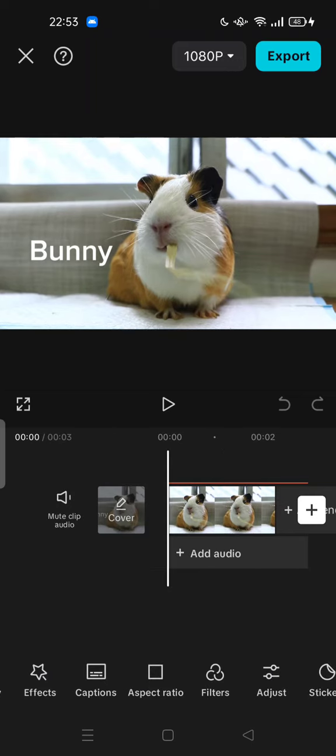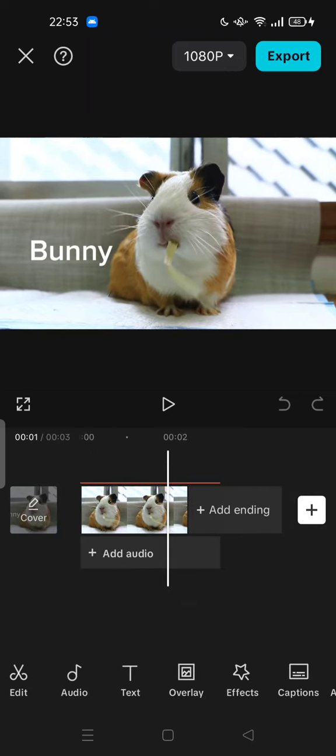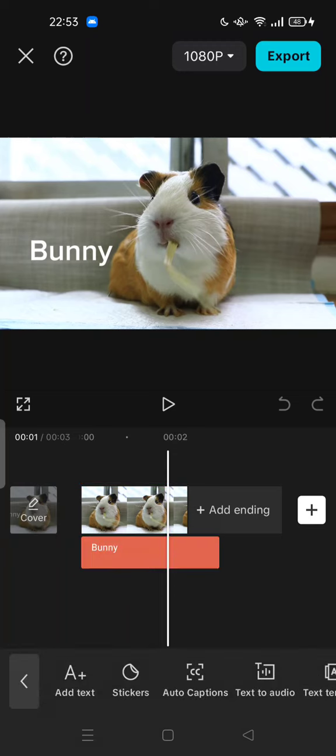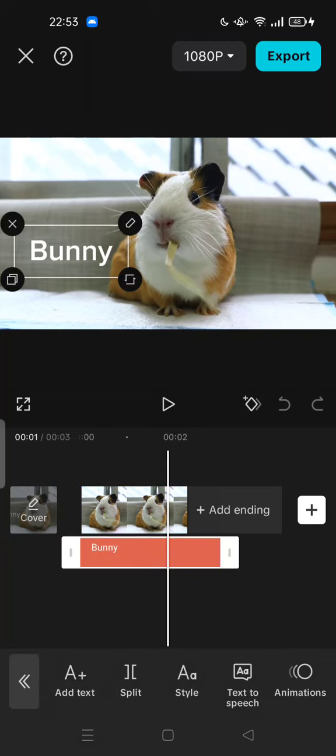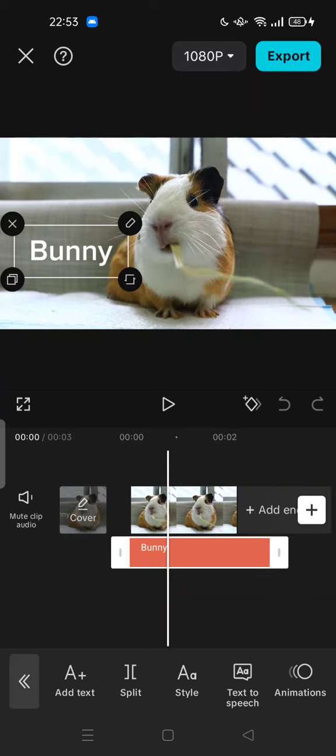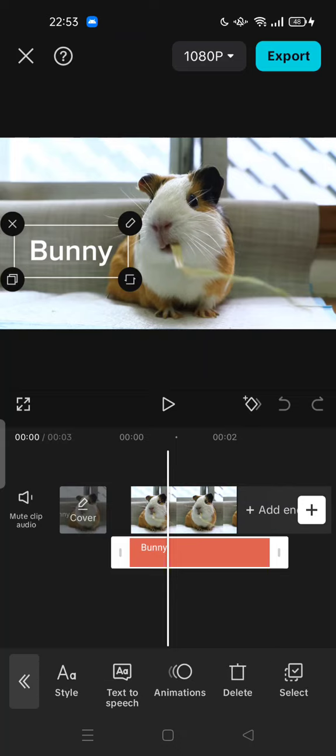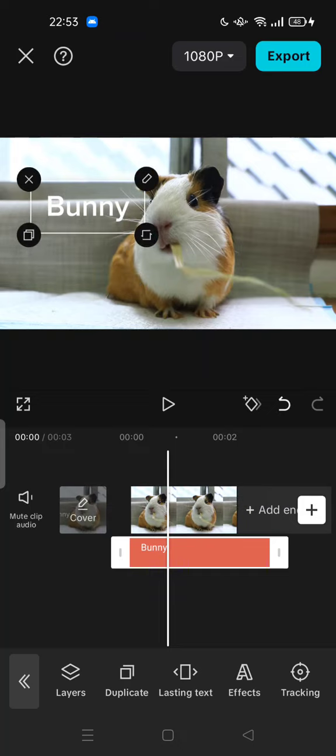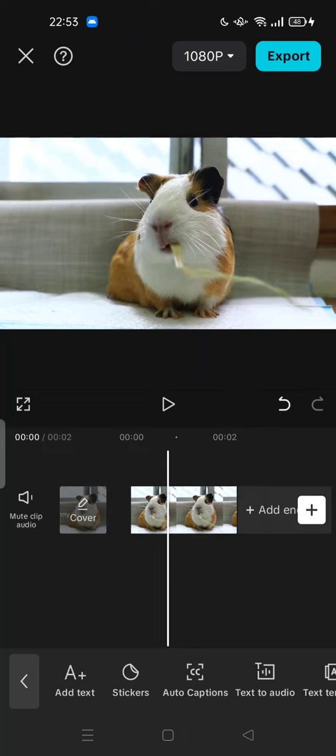But if you tap on the blank space here, you can see this text option and the text bar will pop up. So this is like an overlay, so you can completely remove it, or you can type another text, add more text, or even add emoji. But the point is how you can remove it: tap the cross button here,